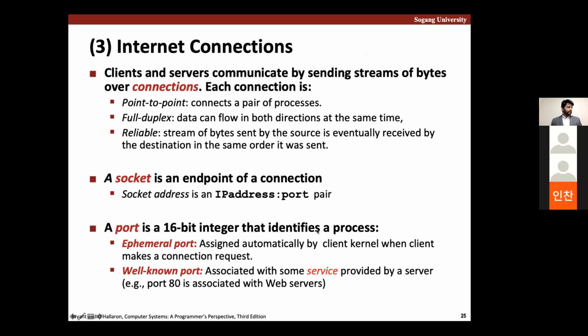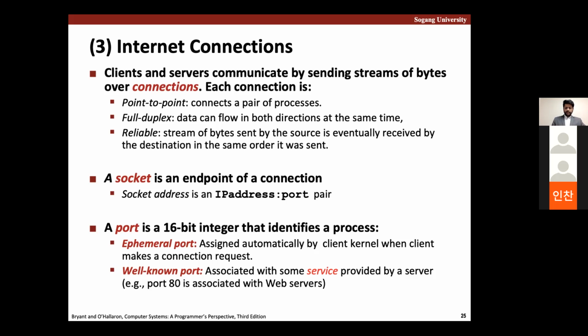Okay, moving on to internet connections. Internet clients and servers communicate by sending and receiving streams of bytes over connections. We have seen a lot of things in the IO stack: protocols, Ethernet segments, and then routers. A connection is point to point in the sense that it connects a pair of processes. It has different properties. It is full duplex in the sense that data can flow in both directions simultaneously, and it is reliable in the sense